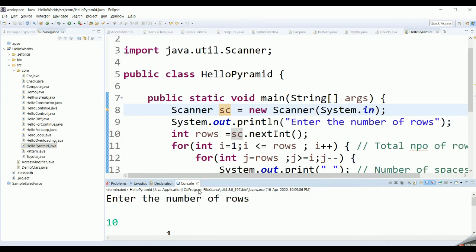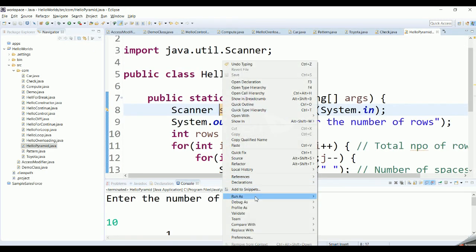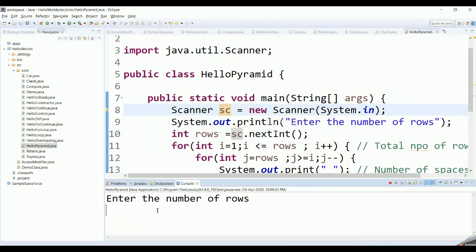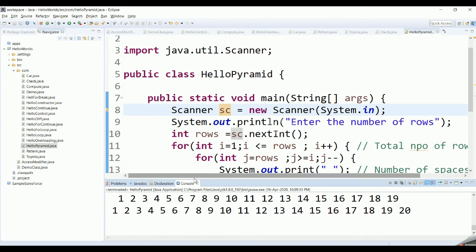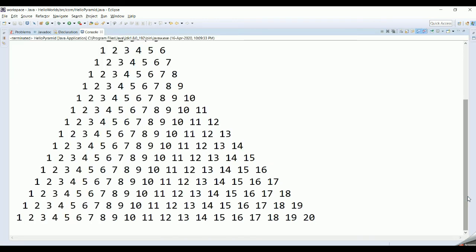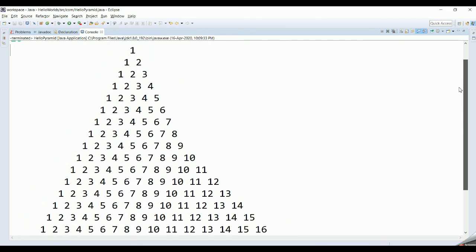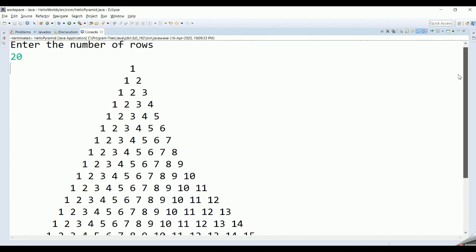If you wanted to build a much bigger pyramid, run it one other time and enter the number of rows as 20, and a much bigger pyramid will get formed. So all you have to do is use nested for loops, and it will build on its own.